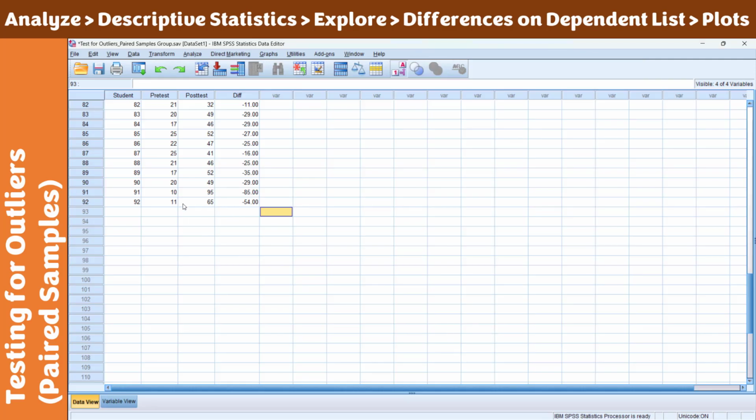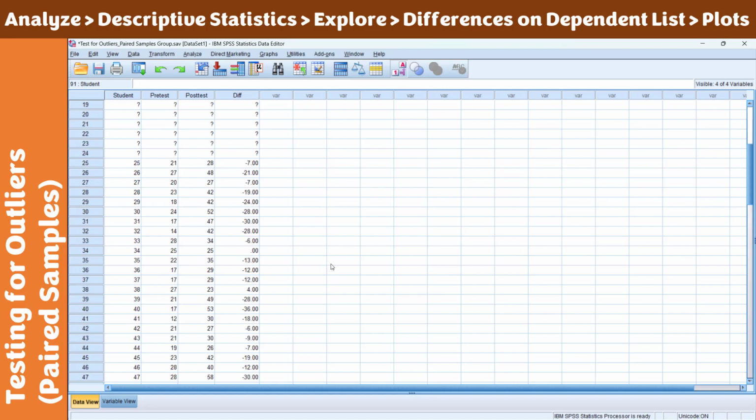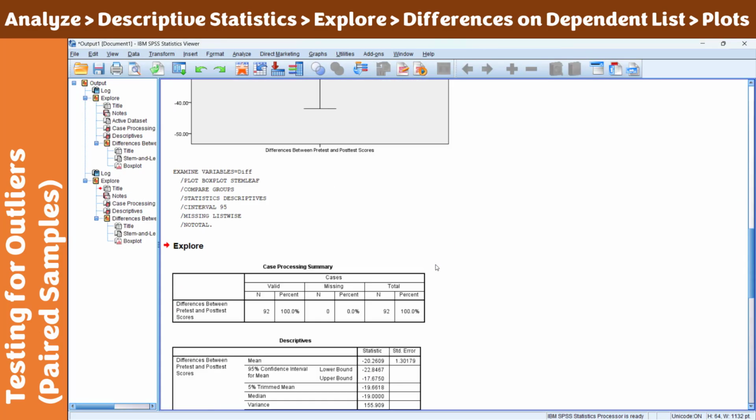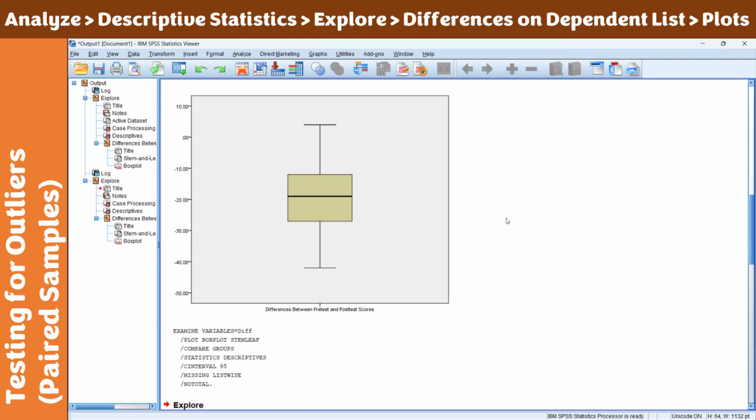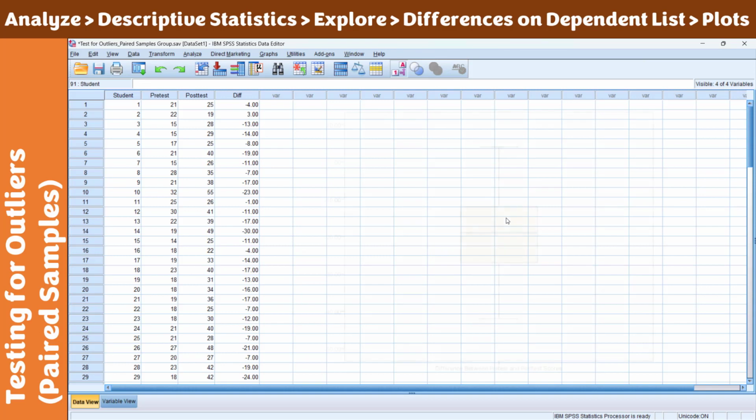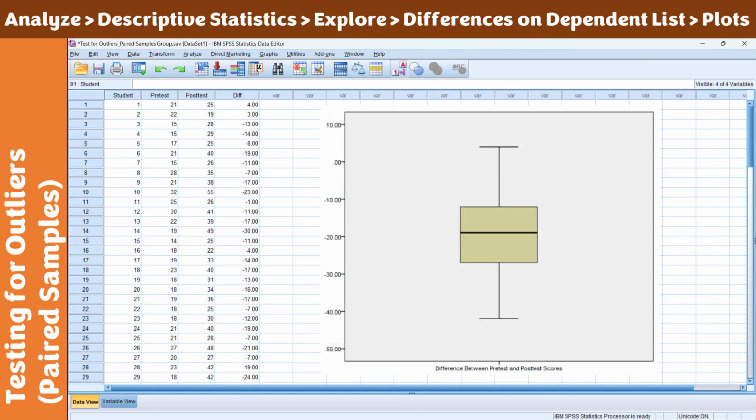But going back again, removing these two, and returning to our original set of data with these scores and their differences, this was the box plot earlier, and we could see that there are no significant outliers. With this, we can proceed now to the fourth assumption, and if that fourth assumption is satisfied, then we can use the paired samples t-test to check the difference between the pretest and post scores of this group of students. See you in the next video.